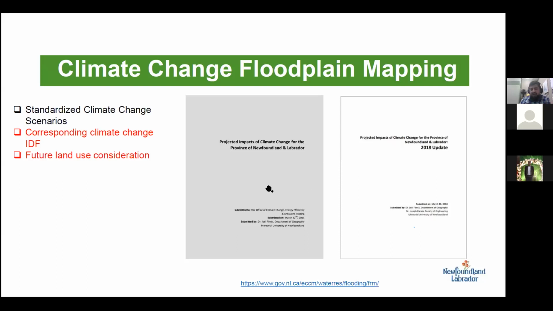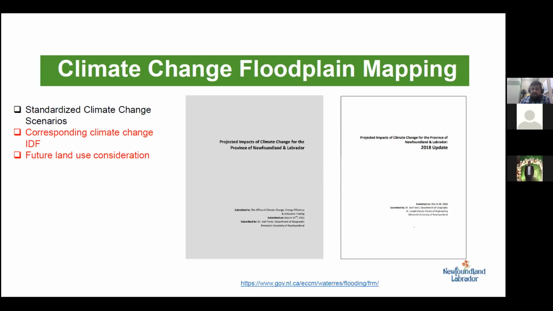We have a set of predictions, and this ensures that everyone in Newfoundland who's doing any climate change work is working off the same set of predictions. These predictions were updated in 2015, and there's been a new version that came out in 2018. So there are major updates every 5 years. When the new IPCC results come out, the models come out, Dr. Joel Finnis goes back, reviews them, and selects an ensemble. Based on the ensemble, he comes up with these climate change predictions,